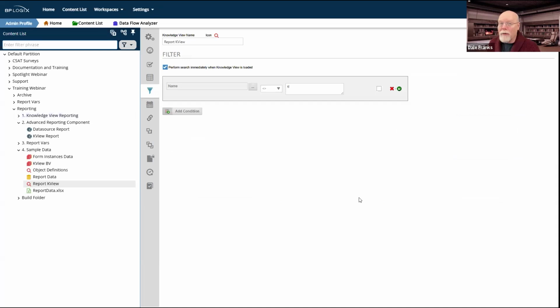You build all of that in the knowledge view, but what that means on the back end for a process director to return it from the database is a very, very complex SQL statement. So even if you only wanted to return one set of forms from one form definition, you only wanted to return form instances, you didn't want to filter them at all, well, we don't know that ahead of time.